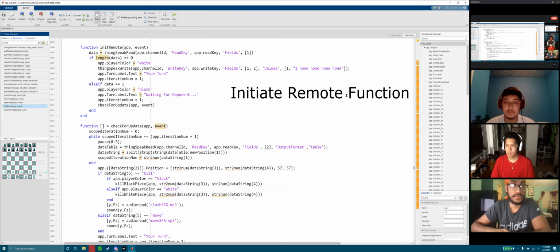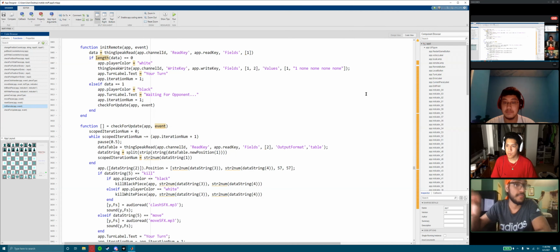So for the init remote function, it gets the data from the ThingSpeak channel, from the first field of the ThingSpeak channel, and basically it checks the length of the data. If the length of the data is 0, that means that it's empty, and that indicates to us that no player has entered the game. And if no player has entered the game, then we make the current player white, and then we update the ThingSpeak channel to basically say now there is a player, and then we update the turn label and the iteration number. If the data is 1, that means there's already a player there,